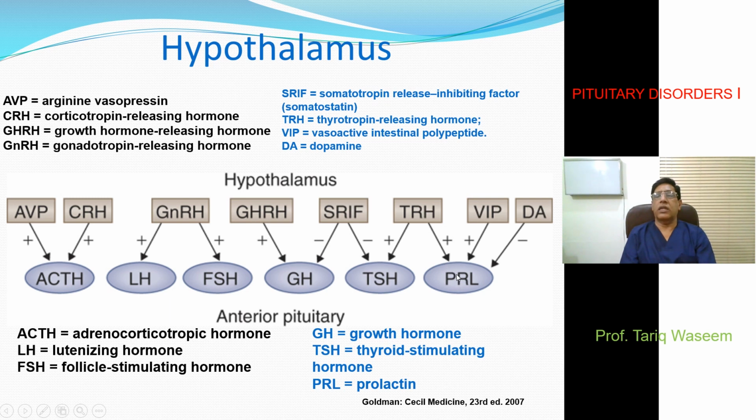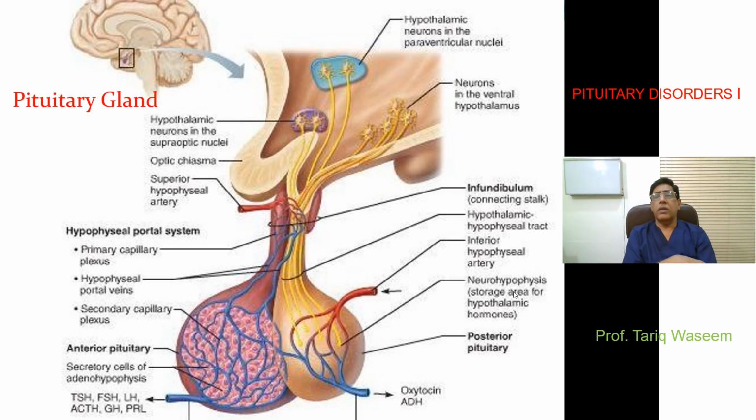Now, again, this increased prolactin and increased TSH. So sometimes this increased TSH may have a simultaneous prolactin elevation as well. Then it is customary to divide this pituitary gland into anterior pituitary and posterior pituitary. The main hormones produced by the anterior pituitary are the ones which we have listed over here, but the posterior pituitary primarily is responsible for only two hormones. We will go on to these hormones.